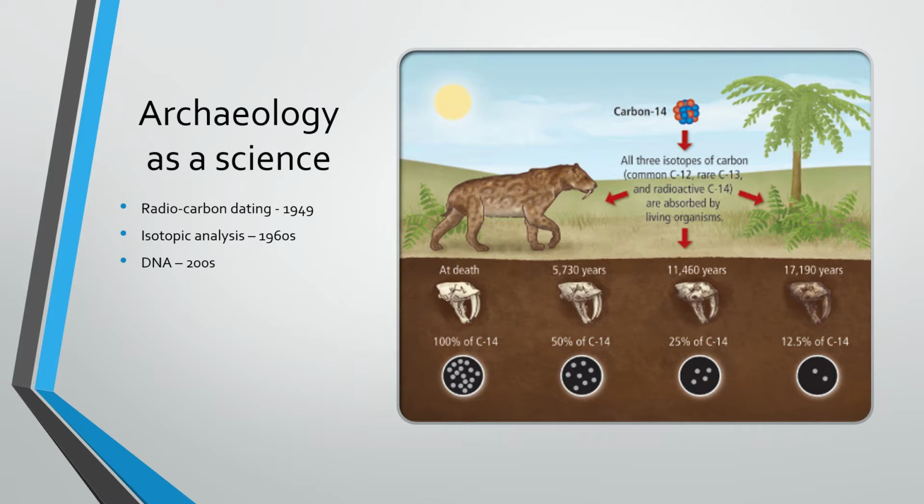And we see in the 1960s more isotopic analysis being used. We have strontium isotope analysis, which is used for provenance, figuring out where humans came from through their teeth, the enamel, and bones. We can also use oxygen to tell about environment. And then in the 2000s, sorry, there's a mistake which says 200, it's supposed to be 2000, so at the turn of the century, DNA starts to come up, where we're looking at genealogy or kinship in burials.